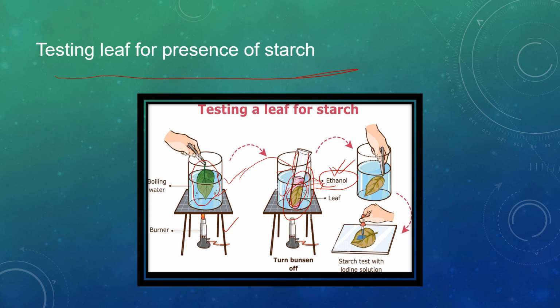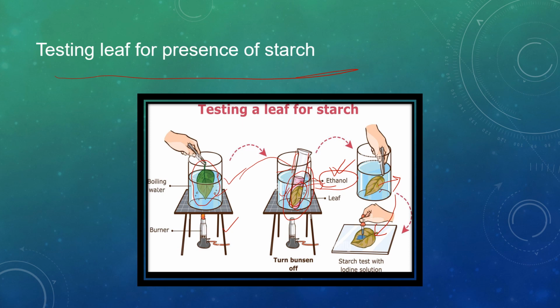Is it clear to all? Okay, so after boiling, the leaf has now become brittle. So what we will do now, this hard and brittle leaf, after decoloration, after removal of chlorophyll, is again dipped in boiling water to make it soft again. So what is happening? It is made soft again. So now the leaf is spread flat and kept on a white surface such as a petri dish